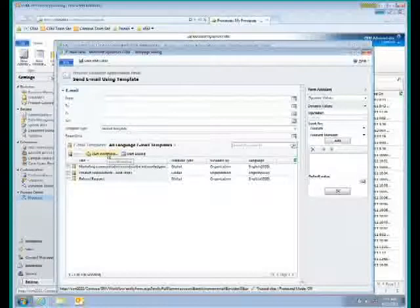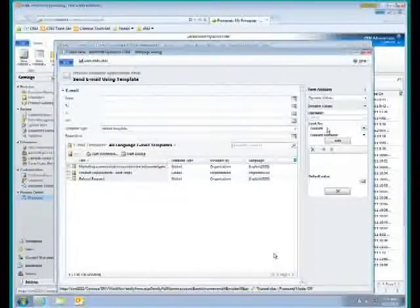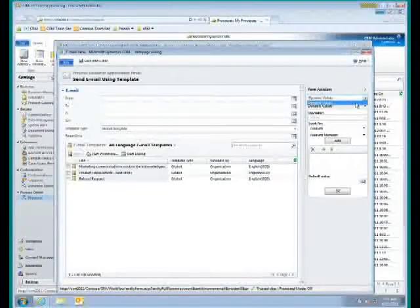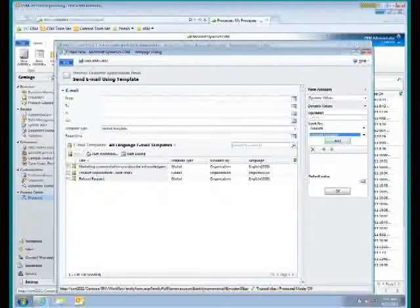We're going to select who it's from, and we can use either myself or we can pick a user. Now, within the workflow processes, we can set different values. So if I click in this field, I'm going to say that it comes from the account manager. Or I could say by the owner. But for this, we're going to use the account manager because it's important that we do that. We click Add,